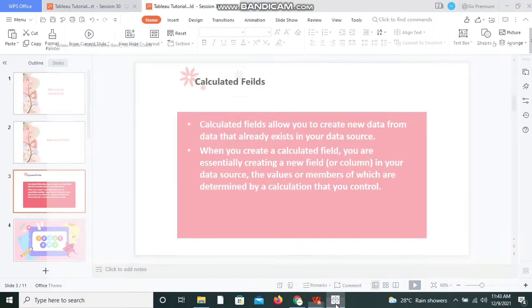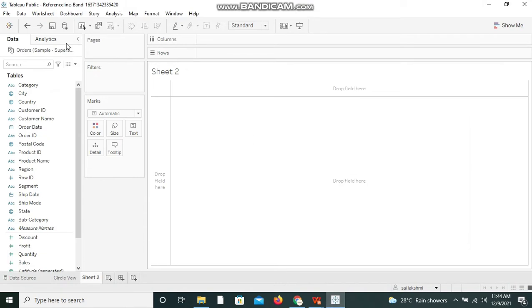I'm opening Tableau Public application. I have the sample superstore data with me and I have taken it. You can take any data. This is just a demonstration of how to use the function or how to use the existing option in Tableau Public. So data could be anything. And as you see, my mouse pointer is over the data pane. This is the data source, sample superstore data.